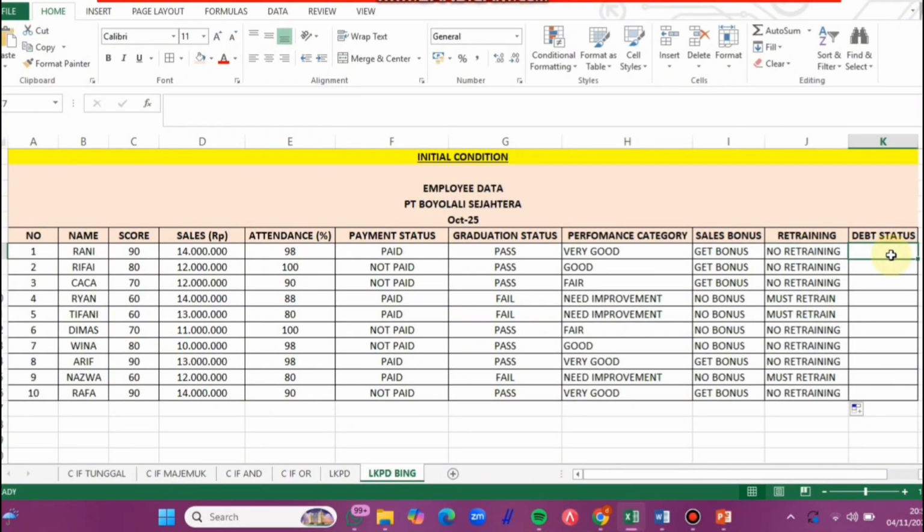For the last column, tip status, we will use IF combination with NOT. Okay, here are the results.